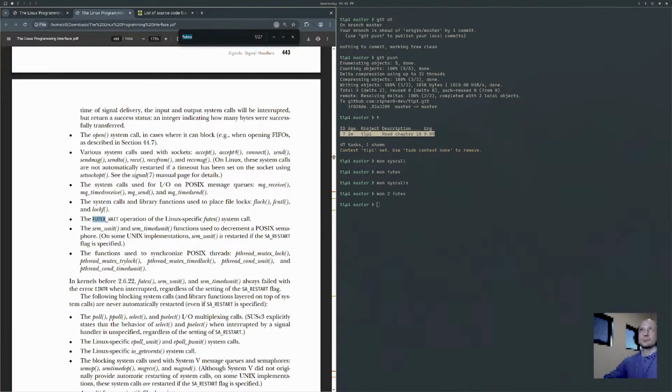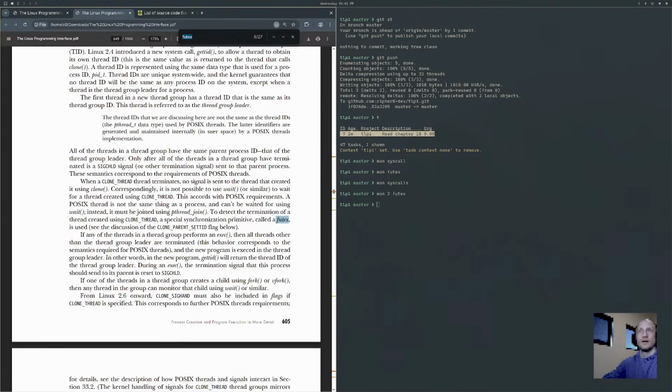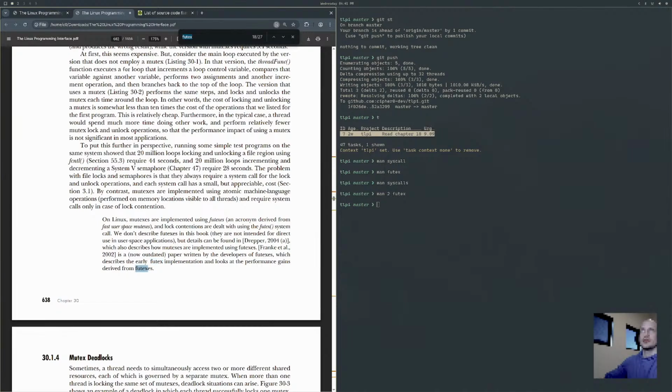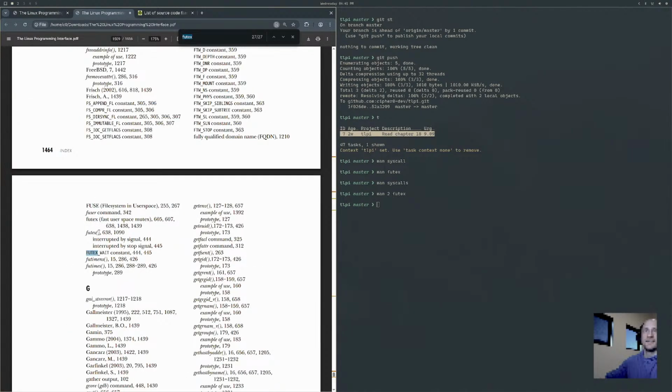The futex wait operation is in the signal handlers section too. Lots of mentions of it. So he does get into it. Anyways,